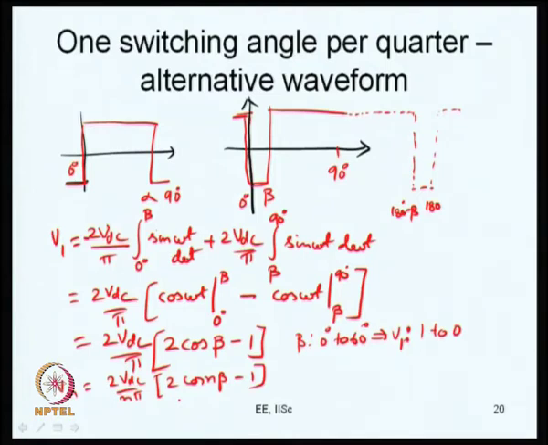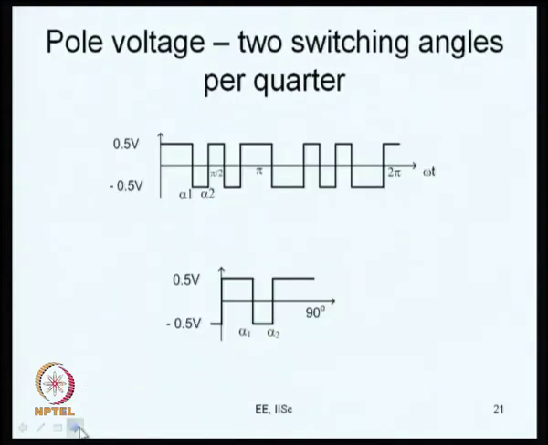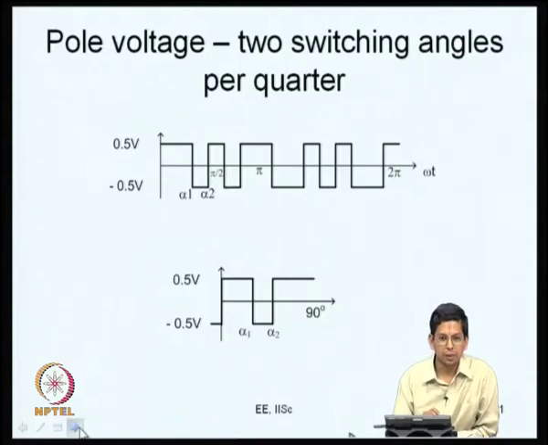So, these are two different ways of controlling, and by and large we will use the first option here. We will look at these things a little later when we are doing selective harmonic elimination. We will use both types for a certain number of switching angles now. So, for the time being, this is what we are going to consider, and let us move on from here to the problem of, let us say, 2 switching angles per quarter. The difficulty with one switching angle per quarter is you cannot control the harmonics. You can control your fundamental voltage, but you cannot control any harmonic. So, that is why you require a minimum of 2 switching angles now.